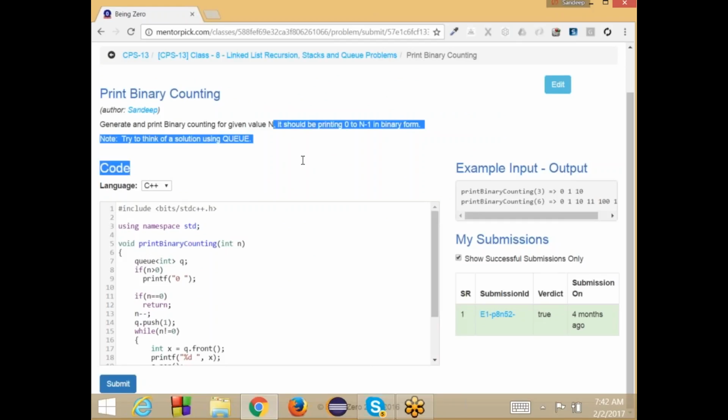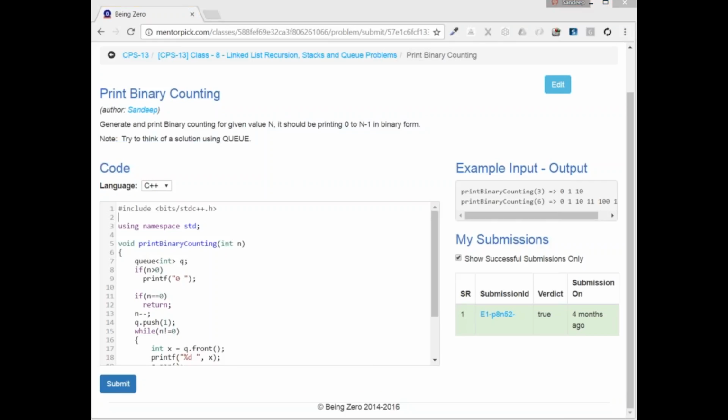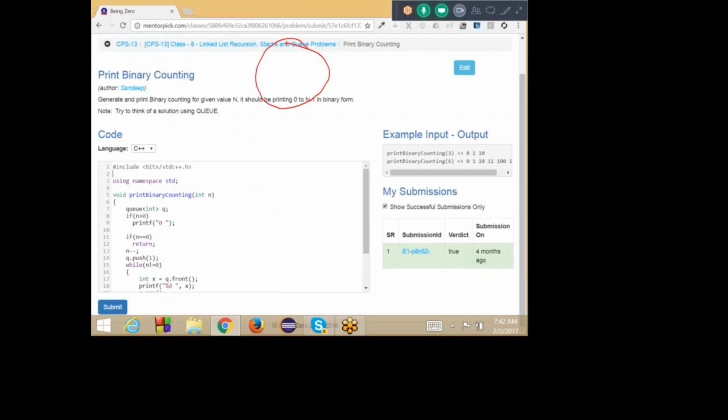So the question is, how is q helping here? Every time we are removing the front of the queue. After removing the front, we want to put its neighbors, but we want to put the next values after the other values, right? So that is the property of queue and that is what we have used here. Now the same fact is also used in trees. Let's say there is a tree 2, 3, 4,